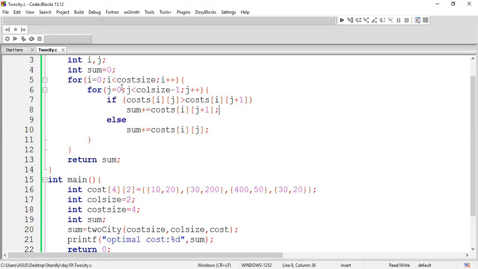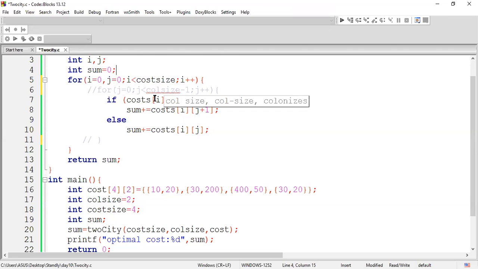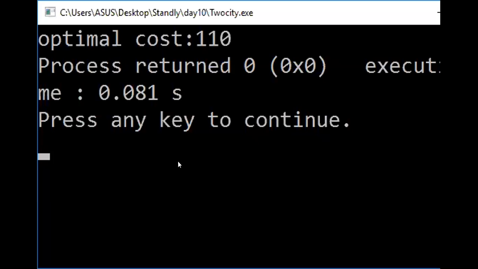So here, if you don't want to include this particular line, if you want to avoid this one, you can do one more thing. You can just declare your J value as 0 here alone. So no need of worrying about your column value, since your column is going to have only one iteration. Even the time complexity could be reduced. If you execute it, your output is the same. So if you don't want to iterate column wise, you can just optimize in a single line like this.